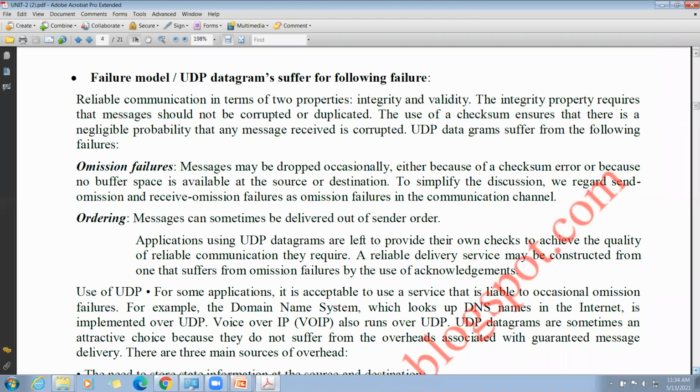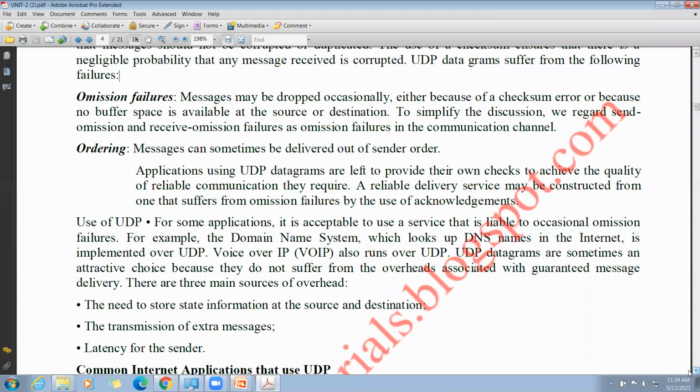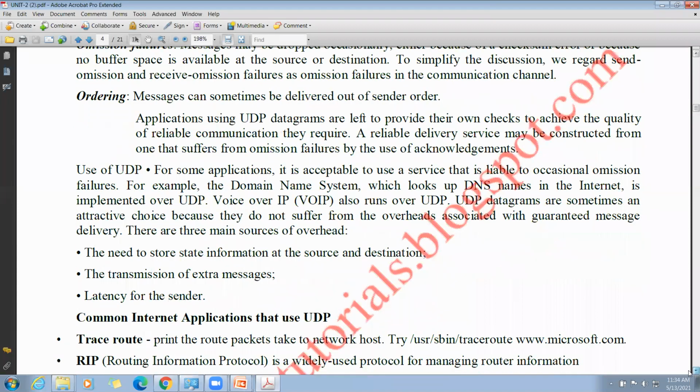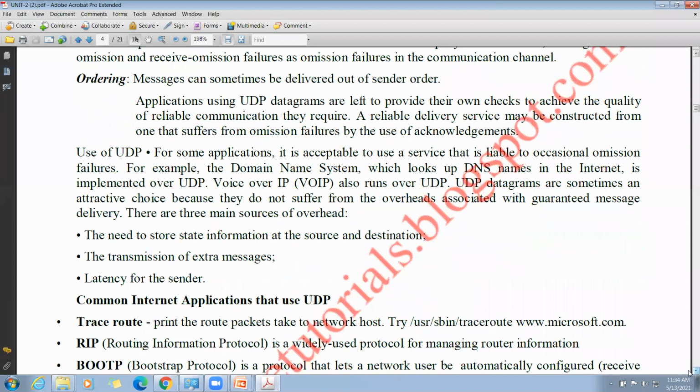Next one, uses of UDP. For some applications, it is acceptable to use a service that is liable to occasional omission failures. See this highlighted point, the use of UDP.